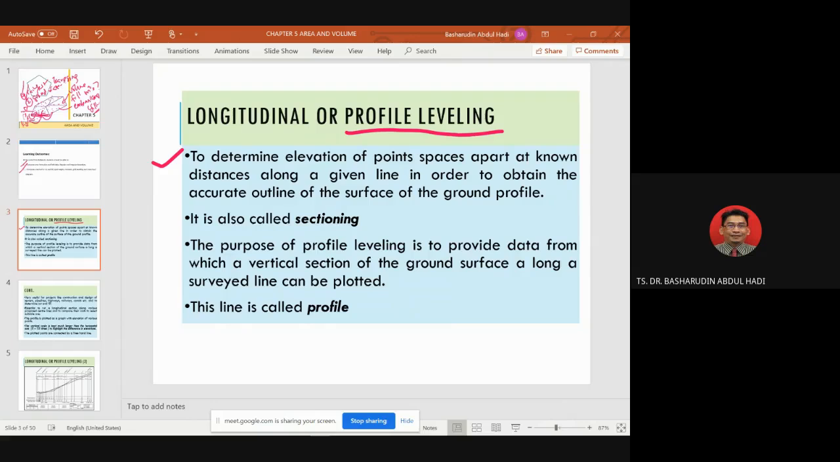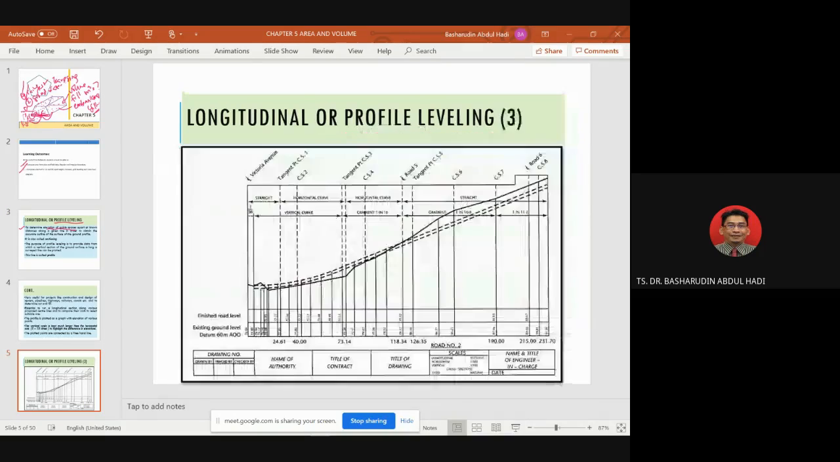To determine the elevation of points spaced apart at known distances along a given line, in order to obtain the accurate outline of the ground surface. So I will show you later after this. This is what we call longitudinal profile leveling, where this one is our profile. And you can see that we have two dotted lines,